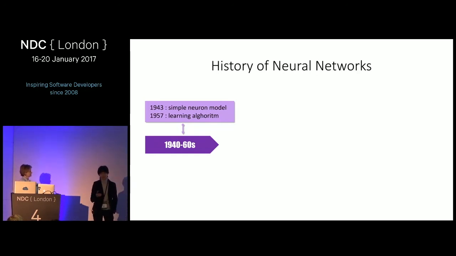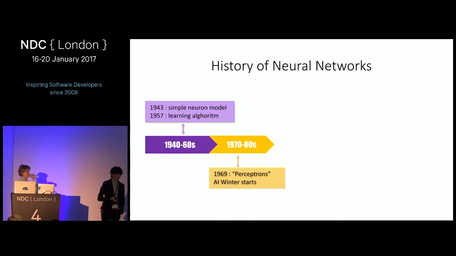Needless to say, expectations were huge. There was a lot of hype around neural networks, comparable probably to the hype we have around them now. And people started thinking that artificial intelligence was just around the corner. Of course, it was not. Then in 1969, a famous book named Perceptrons was published by Minsky and Papert. In this book, they described a simple neural network and analyzed it. The result of this analysis was rather discouraging, because it showed that such simple networks are unable to do any sophisticated tasks. For example, they cannot even classify data which is not linearly separable.